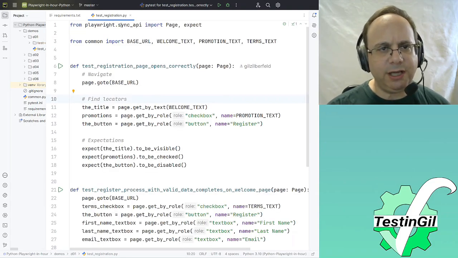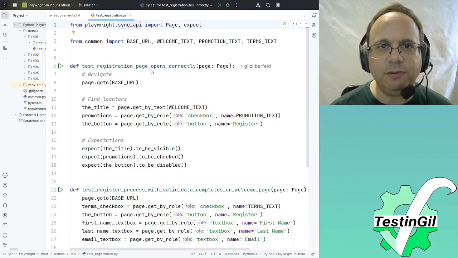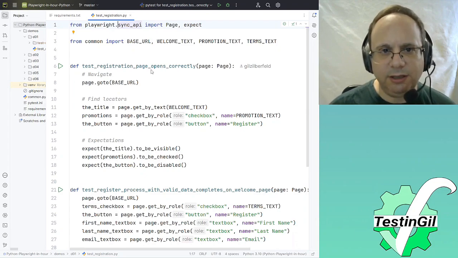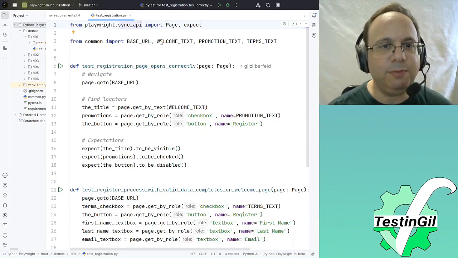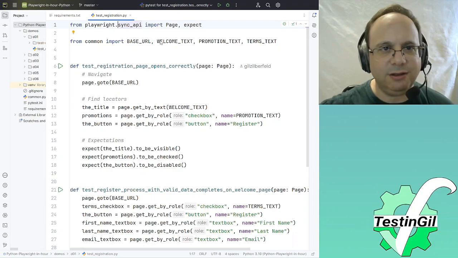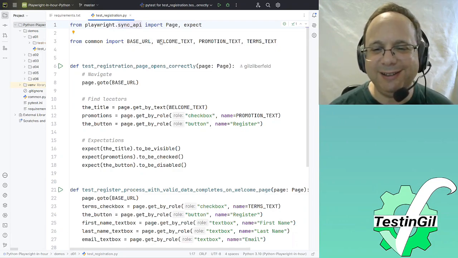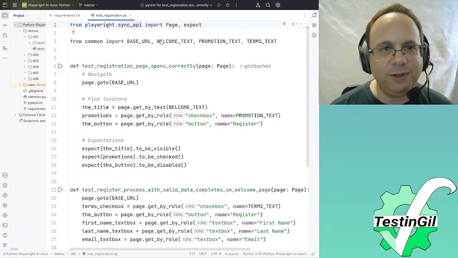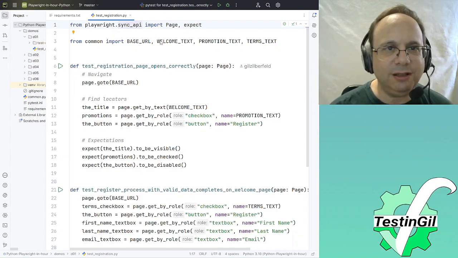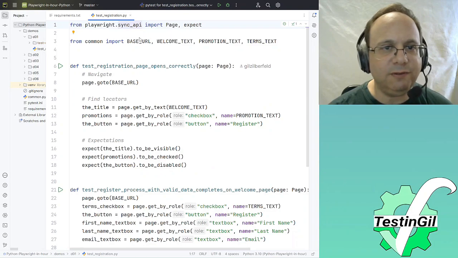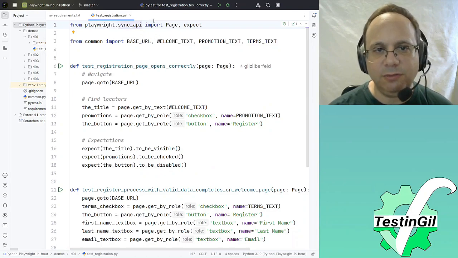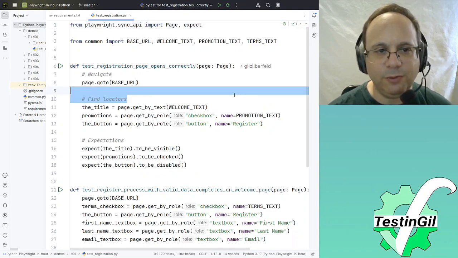So Playwright comes with a couple of flavors: sync API and async API. It comes from JavaScript, where you have await async for everything. So if you use the async API, it will look like lots of await and async with it. But in order to make it a little bit more readable, there's another flavor called sync API, which has the page and stuff with it.